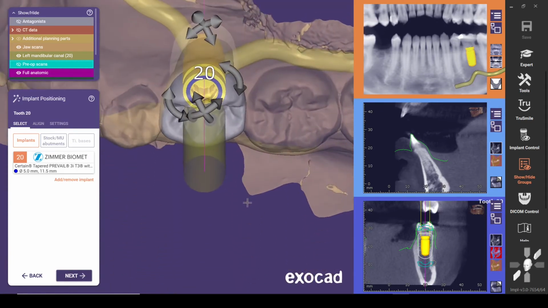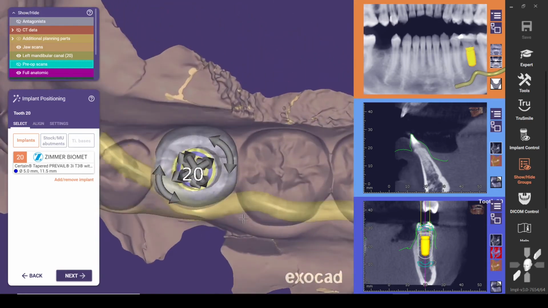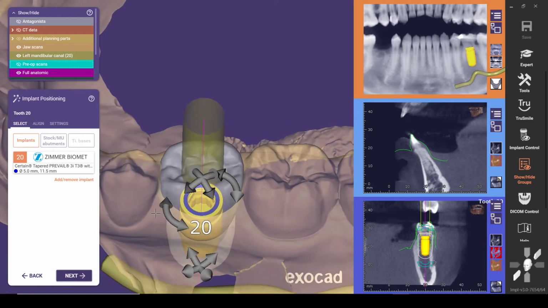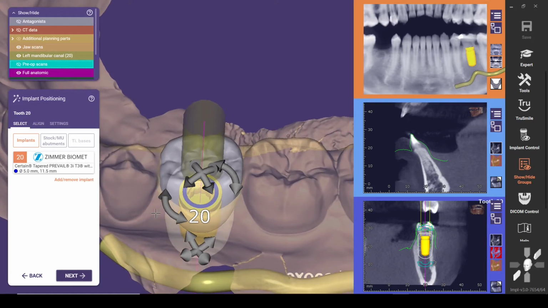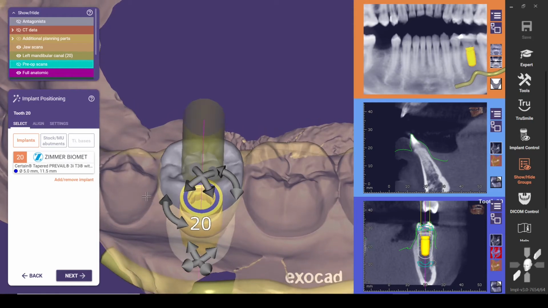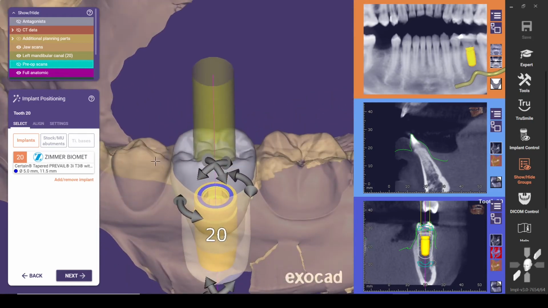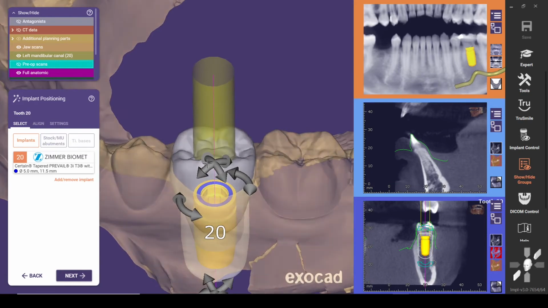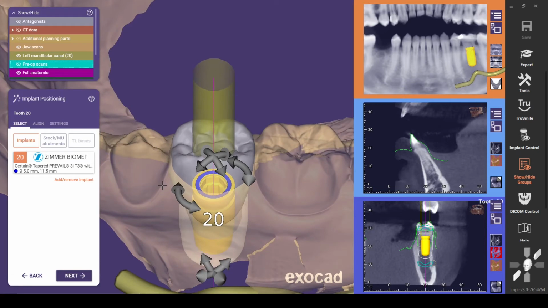So I want to time that to the facial, and the reason why we do this is oftentimes we are making a custom healing abutment, like a printed custom healing abutment, or I guess a milled custom healing abutment on a tie base too, like a custom milled PMMA or acrylic healing abutment. Or it could be that you're actually making a provisional and you're going to do immediate loading, so you want to create that provisional such that it actually fits the site from the start. So the way you do that is you dictate the timing in the digital plan, and then that carries over